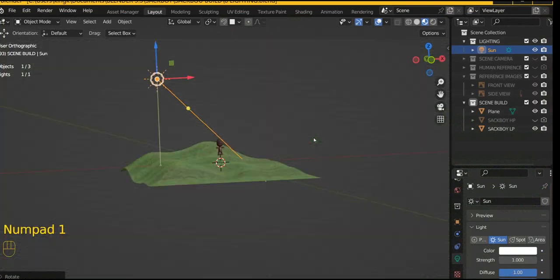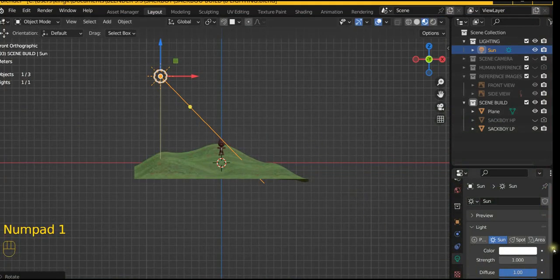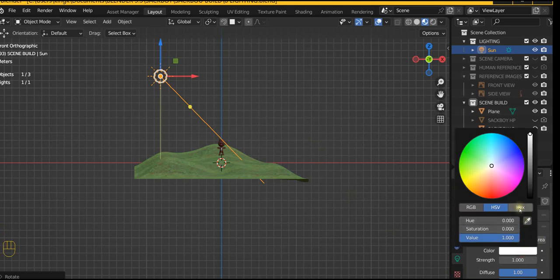So that's my sun in place, and I think I'll change that colour and bring it down, just give it a more sunny colour, something about there, just off yellow, about there. Click into there. I like that. Control C to copy the X value,